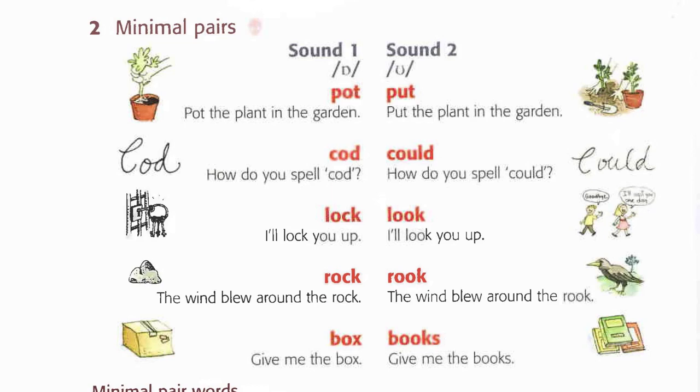cod, could, cod, look lock, rook, rock, rock, box books